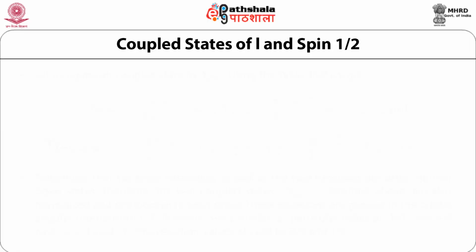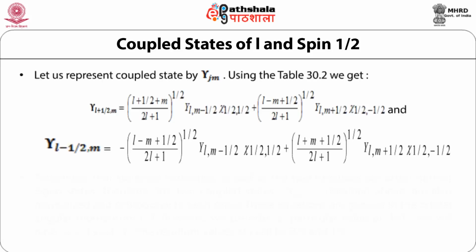The allowed values of the total angular momentum J will be modulus of L minus half and modulus of L plus half, and of M equal to m_l plus minus half, coupled states of L and spin half. Now let us represent the coupled state by the spherical harmonic Y_JM,